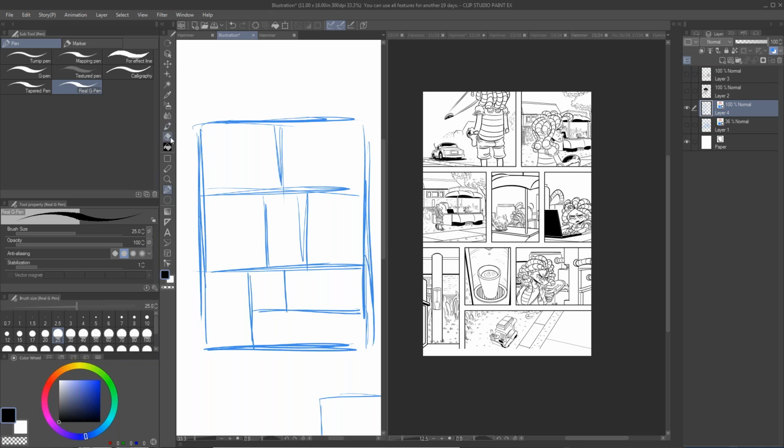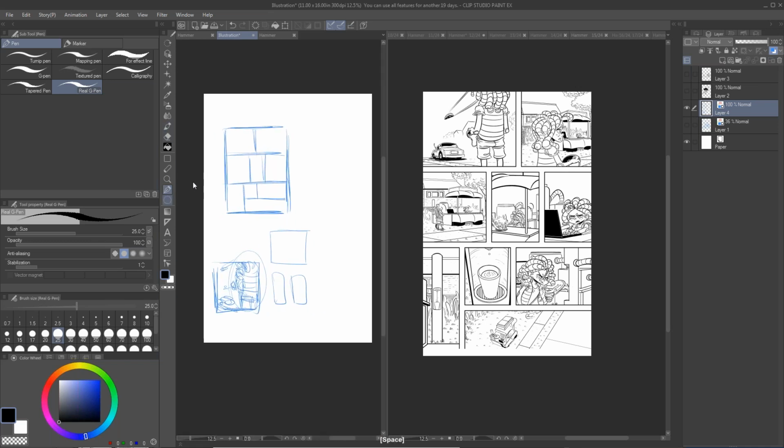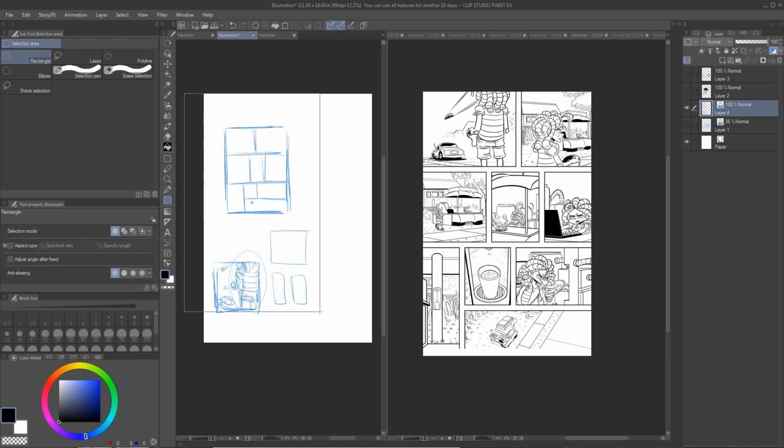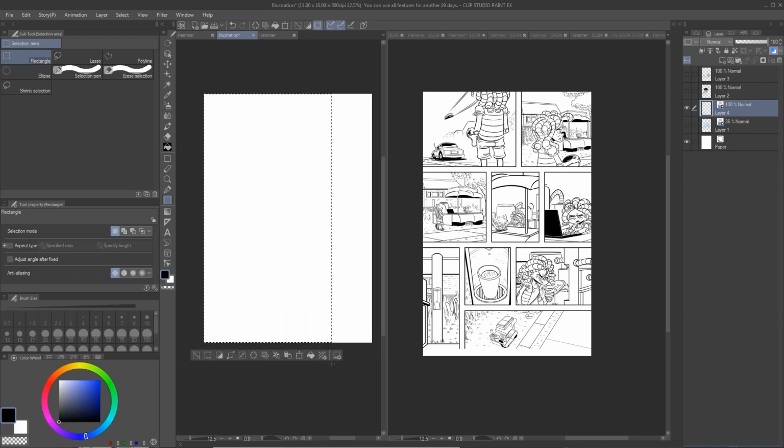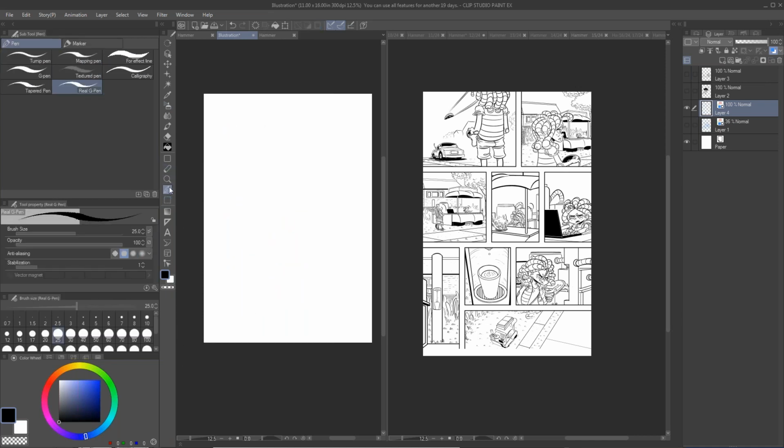However, this is how I did it for this book. Whenever I do Hammer, or any other series that I am drawing, it's different. The reason why I did that for this series is because I was going off of a script, and reading that script, it says this is what happens in panel 1, this person is looking at that person, and in the background this is happening. So there's so much that you got to keep in mind. So I thought that it would be the best way to create thumbnails that way, and then create the page subsequently. However, when it comes to Hammer, I already have it in my head.